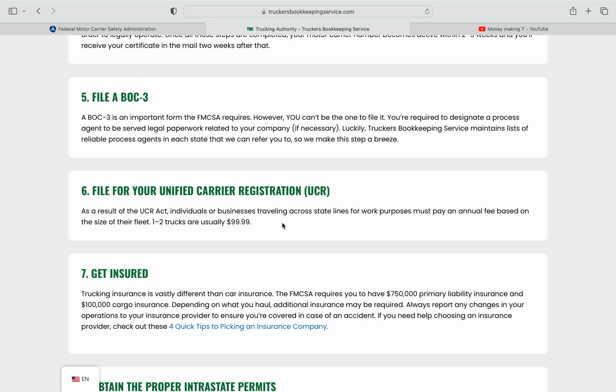So there's different ways you can go about paying for your insurance where you get a lower rate, so you don't have to be paying out of pocket or don't have a truck at the time. If you don't have a truck, there's a different way, but you're gonna need a truck. You can't get insurance unless you have a truck. So in order to get insurance, you need a truck. In order to get your active MC, you need insurance. So you really can't get past this step unless you have a truck.